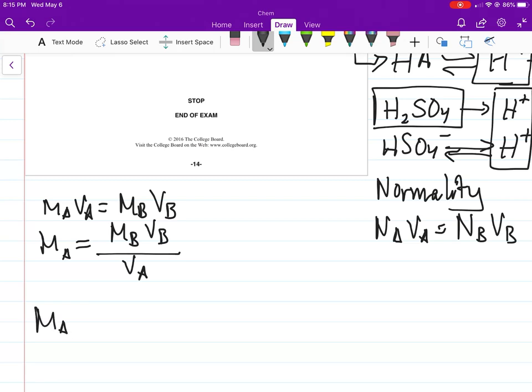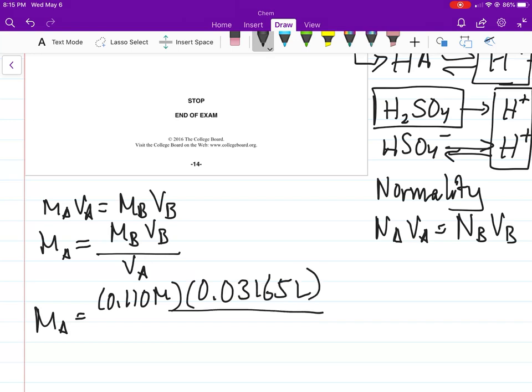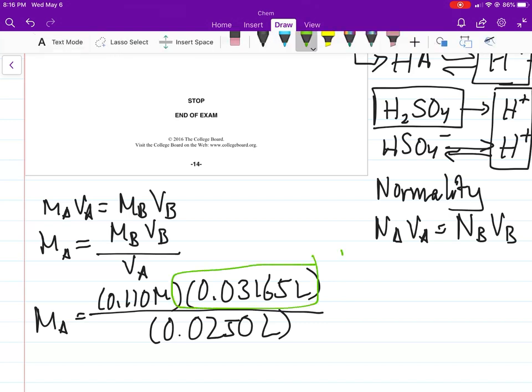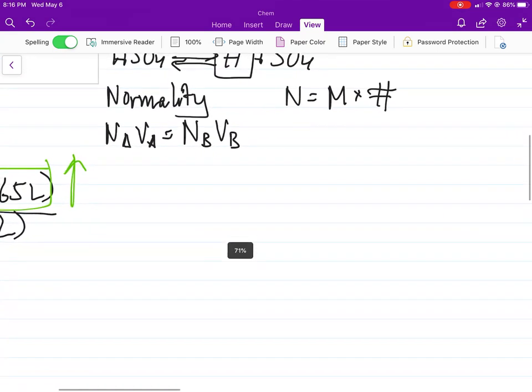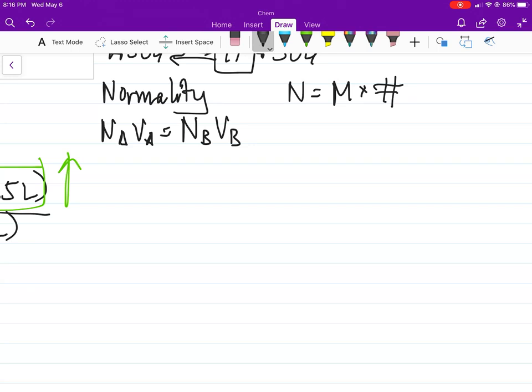And then we're just going to copy our setup. So what the question is saying is, if this value here increases, what will happen? Well, mathematically, if this part increased and the volume here stayed the same, then the molarity of the acid will go up. So for the explanation, you can write something like